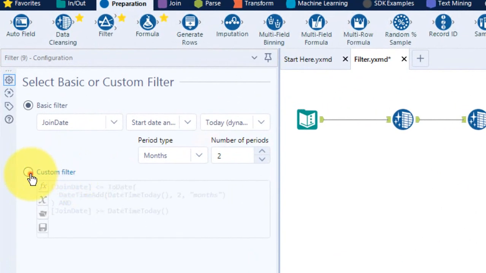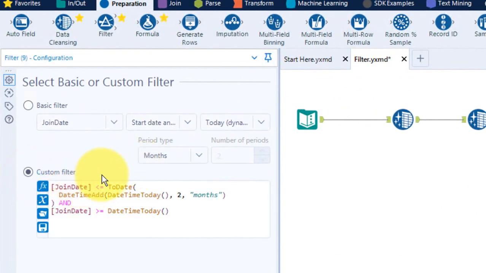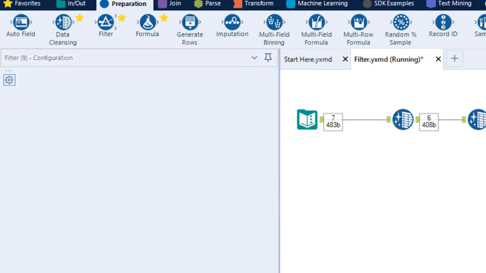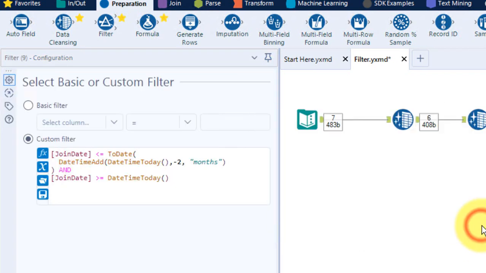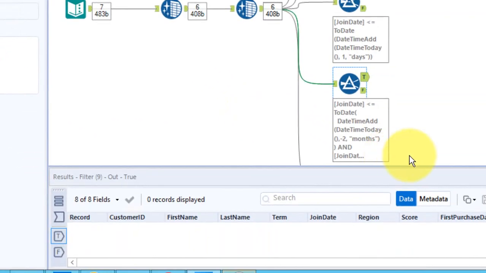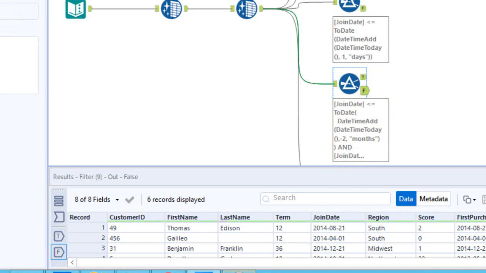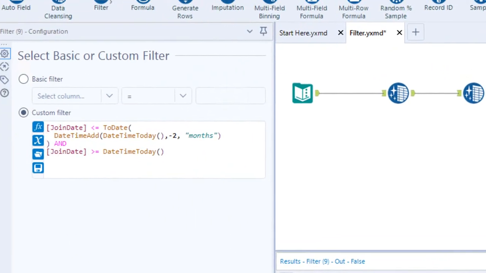If you click on this custom filter now, you get the same thing, it has already converted into your custom values here. So if I put -1, -2 here and then run, let's see if this works or not. No, still it is not showing any value because every value starts from 2014, so that's the reason.